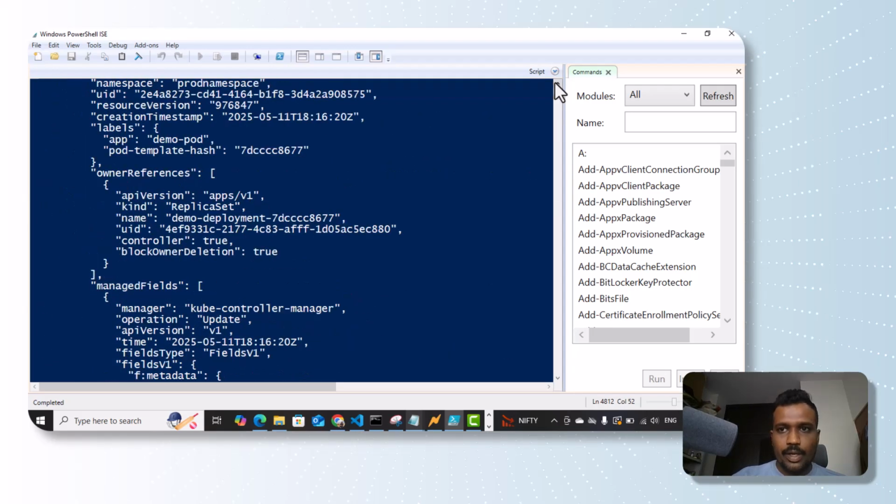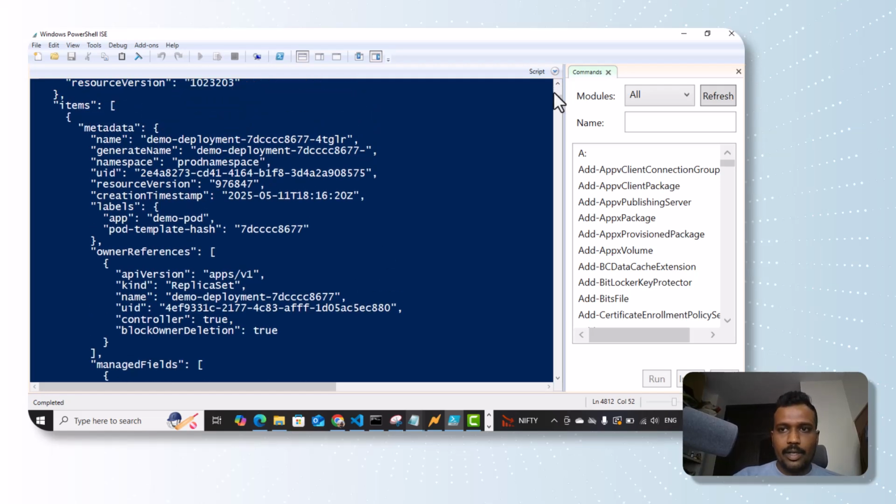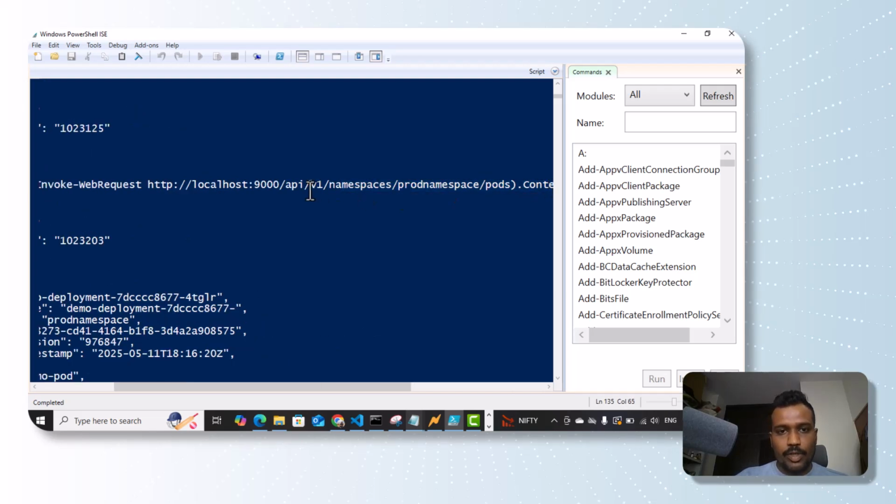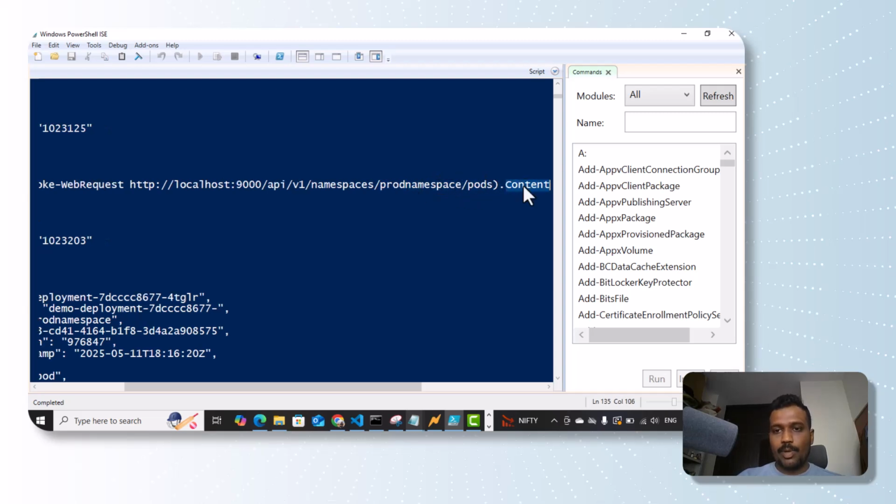So here, if you see the kind, what is the kind information also we will get in the JSON. So kind is which object it is. It's a pod list object, because we are invoking the web request localhost 9000, which is listening, we created as a proxy, and namespace which is there under this API, and v1, and under this namespace, what namespace? Prod namespace. So if you want to get the different pods of other namespaces, you can pass your custom namespace, whatever the namespace name, and whatever the pods are there under this namespace, we are just displaying all the content